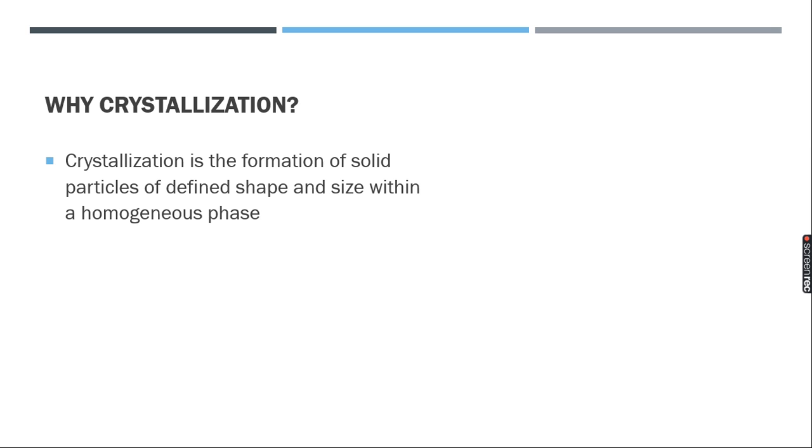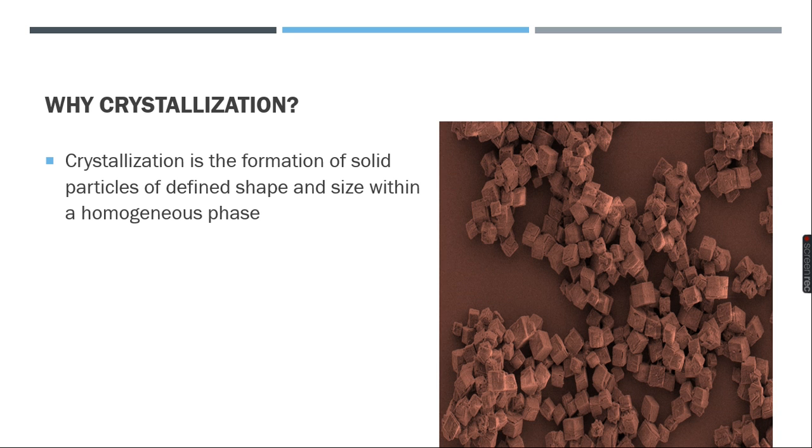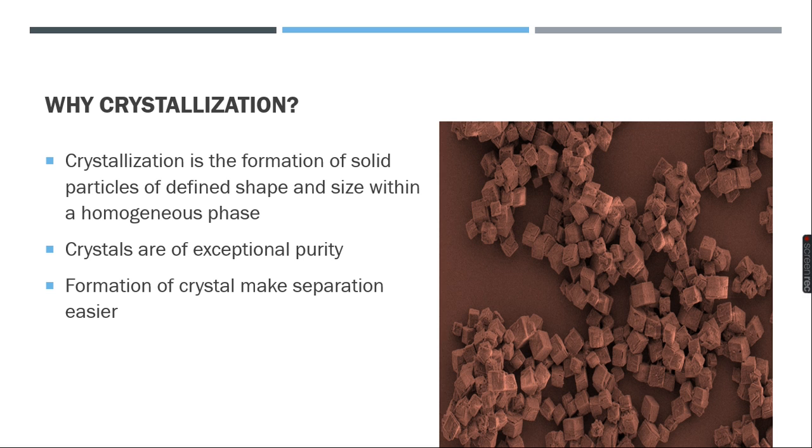So we are going to recover things which are predictable in manner. Essentially you can see the crystal shape and size. Most of the time they will be of regular shape and uniform size, and it helps make the products more acceptable to the public. Crystals will also have exceptional purity, so a high grade of purity is possible when you are doing the crystallization process.